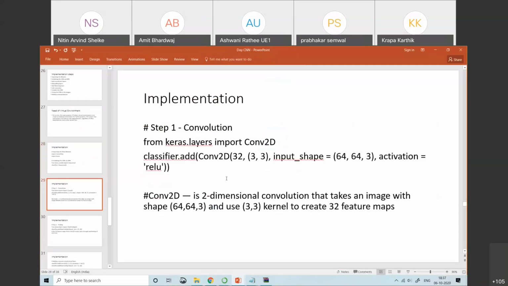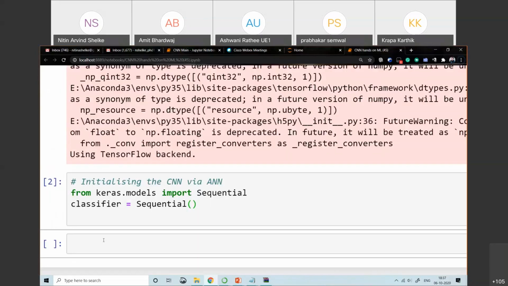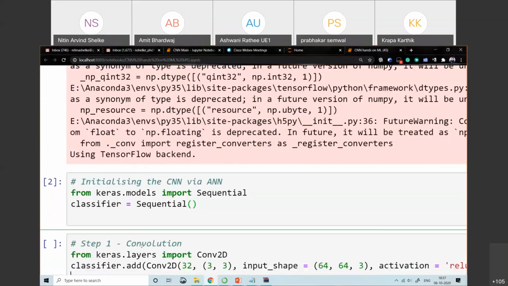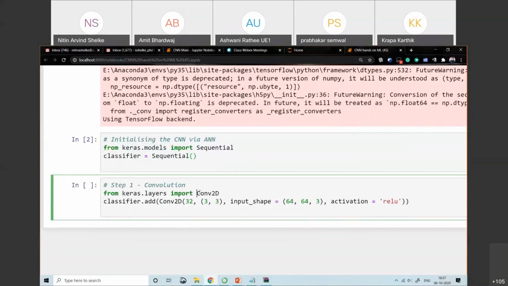The next step is to add the convolution layer. In step 1, I am adding the convolution layer by using the Conv2D class, which is present in keras.layers. From keras.layers we import Conv2D, and we use the dot add method.